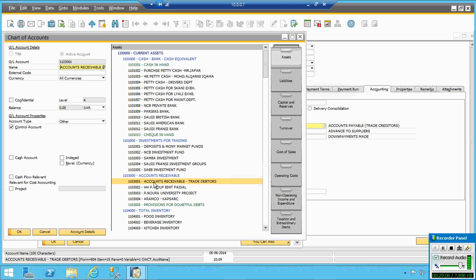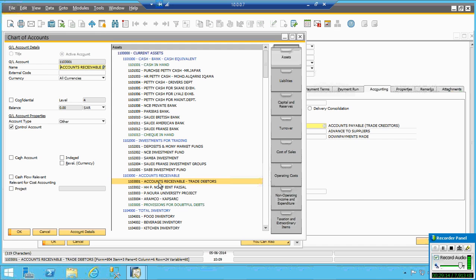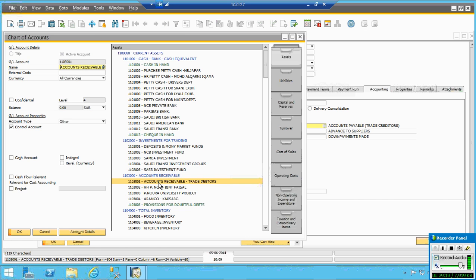So if you take this account and look, all the customer postings will be there. In the other account, all the vendor postings will be there. And you can see the entries and the balance. You just select the customer and you know the balance. Select the account and you can see the details. Then you go to the option here when you are making a payment.